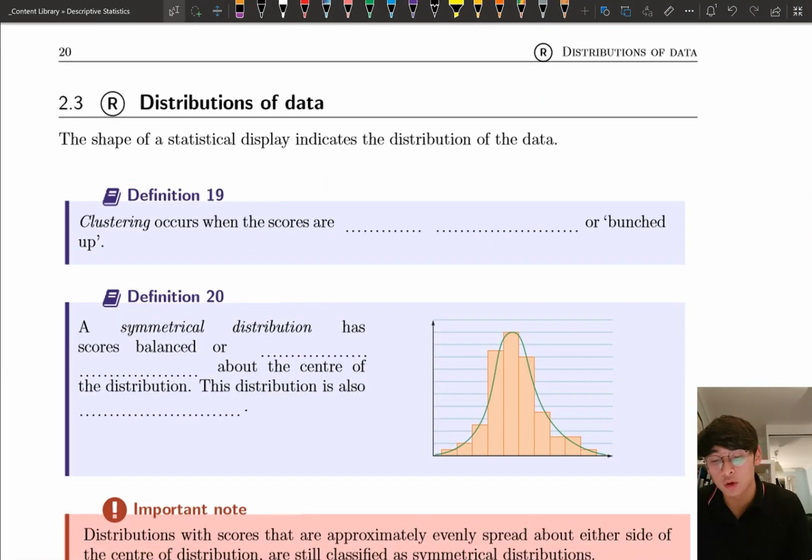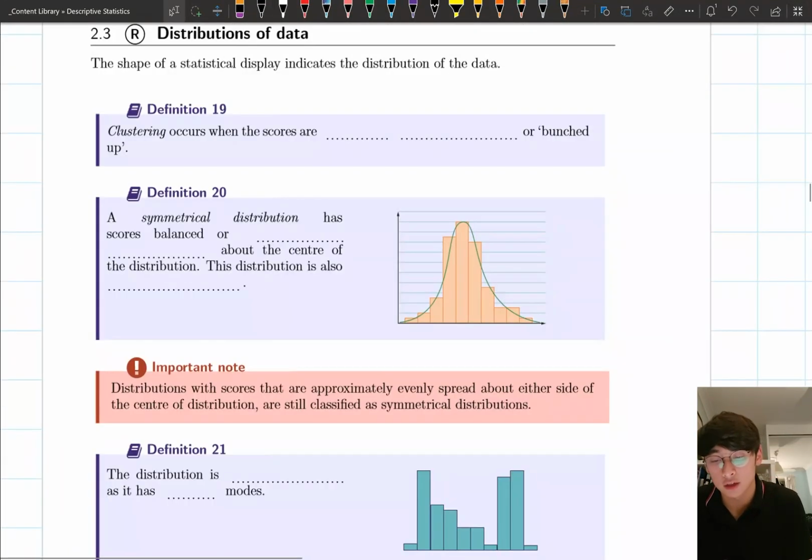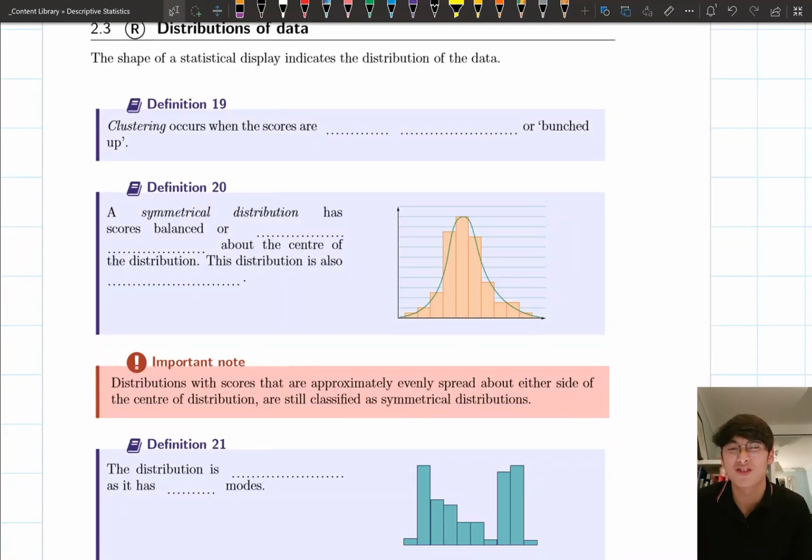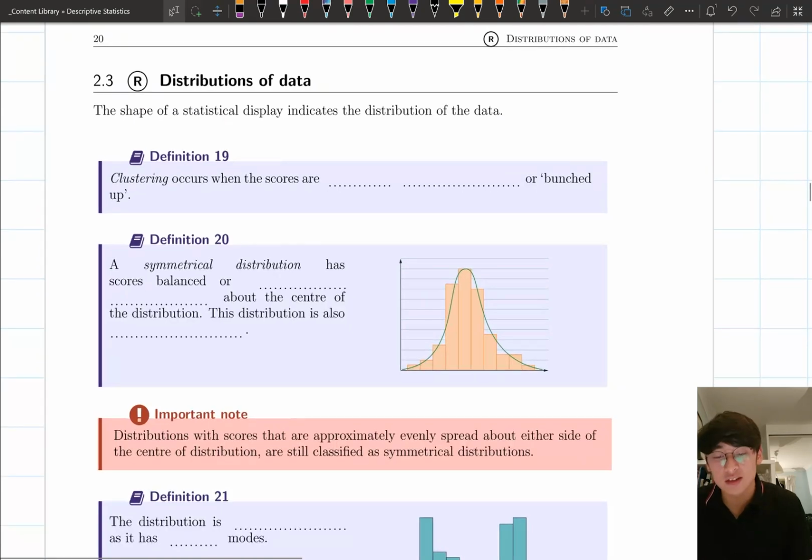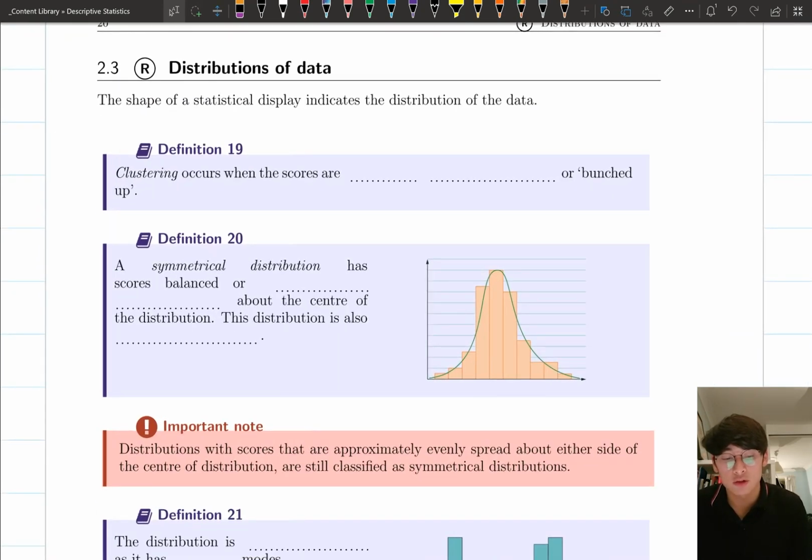So the next part is looking at distribution of data. This isn't actually a particular graph, but it's just patterns that we notice with our data. The shape of a statistical display indicates the distribution of the data. Clustering occurs when the scores are close together